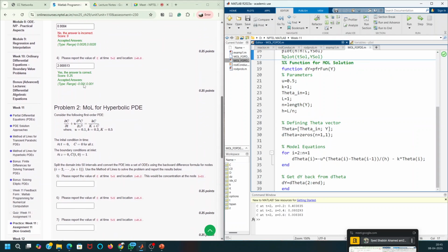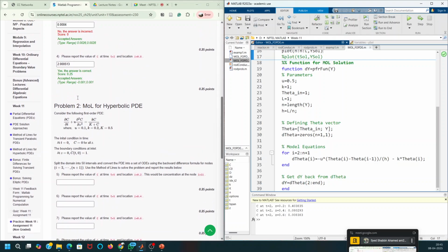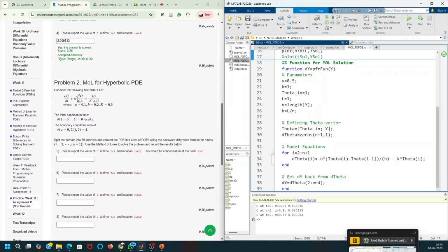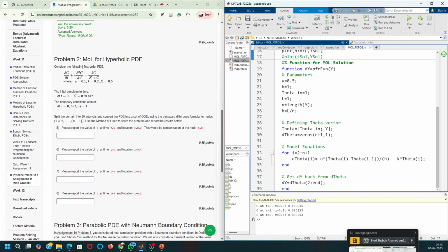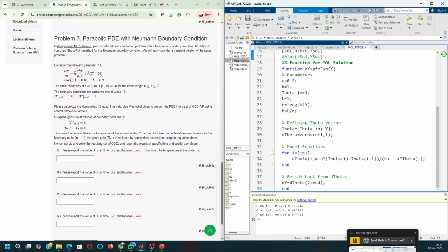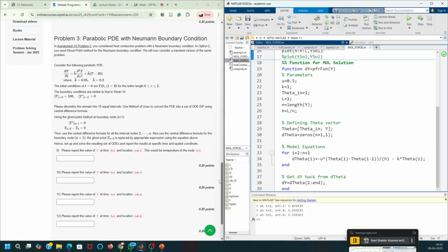Okay, we will see this. I think this question is also wrong, so we won't solve this. This is not a first order PDE, this is a second order. I think there is some mistake in this question. Practice problem. And we'll go to the third problem in the practice assignment,